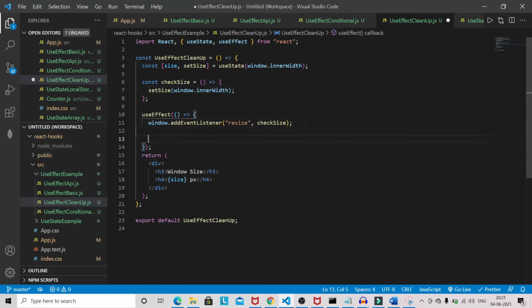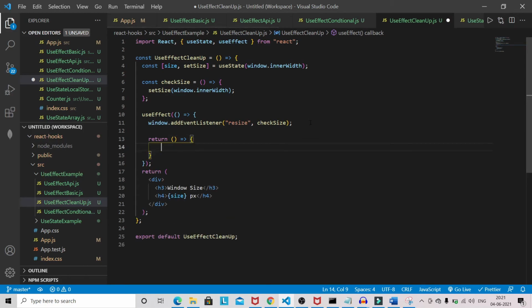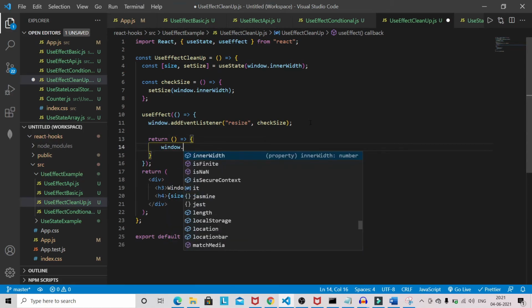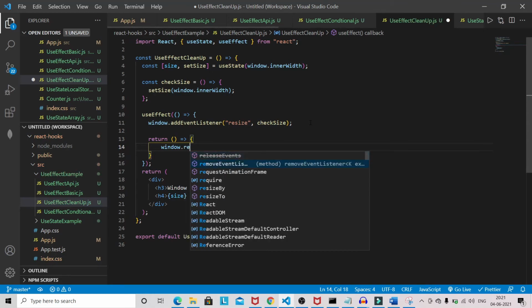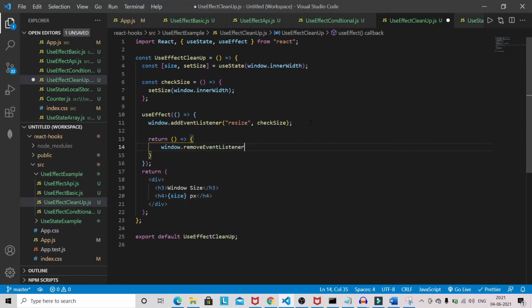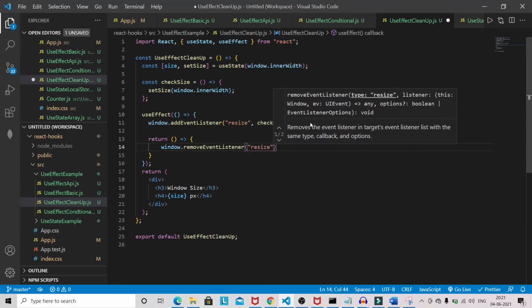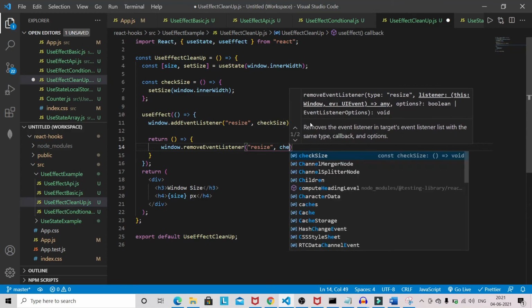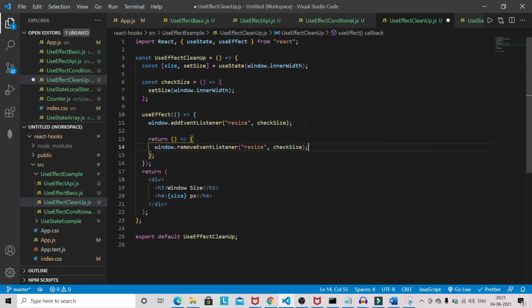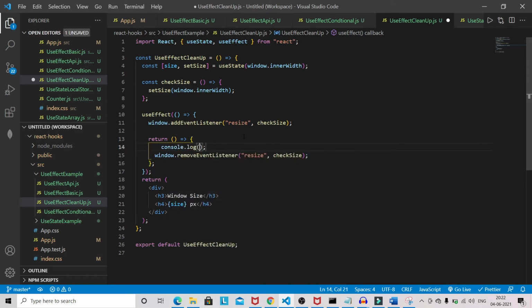So what we can do, return window.removeEventListener. Once we are done with resizing, we are going to remove the event listener that we have attached. Okay, I will put one console log here, so you will get more clarity.